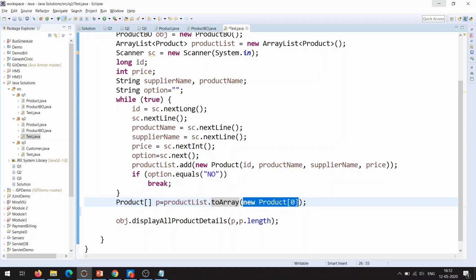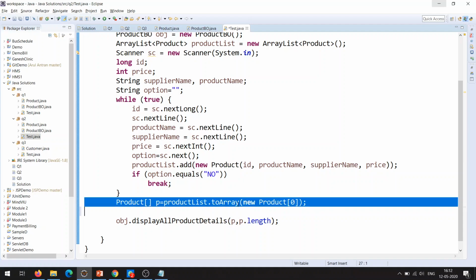This toArray method will convert the entire array list into an array, and the array gets stored in the reference variable p. So in this line, we are converting an array list of elements into an array of elements, right?